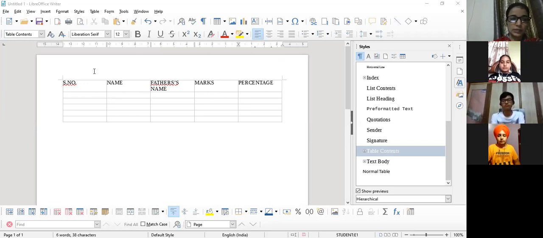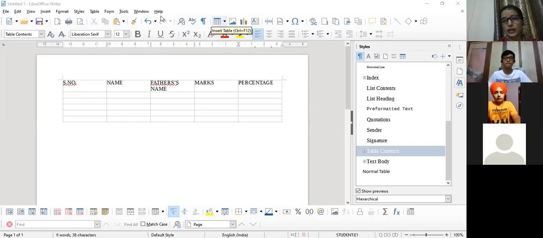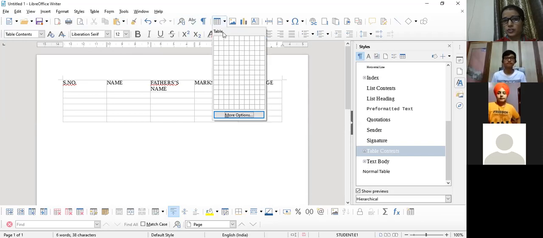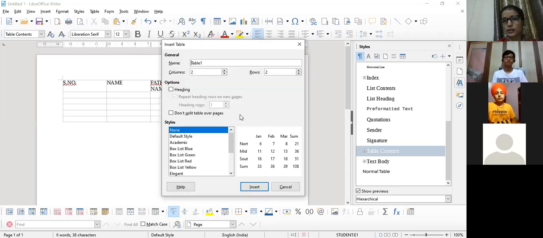After that, there's the topic of deleting rows and columns. First of all, there are options to insert a table on the standard toolbar also. See, after the toggle formatting marks, we have the Insert Table icon on the standard toolbar. You can create the table from here also. First we have the grid, and secondly we have more options. You can click on it. Again you will get the same dialog box which you got from the Insert menu, in which we have the Insert Table option. So this is a third method.